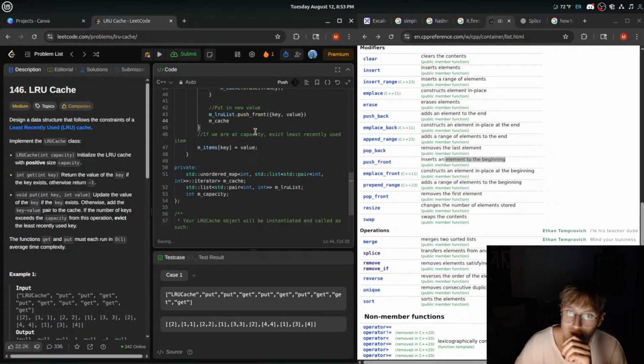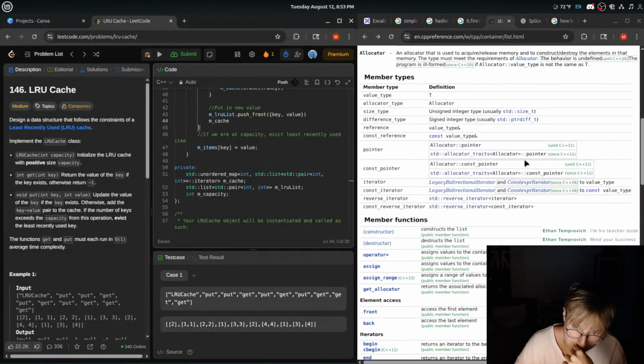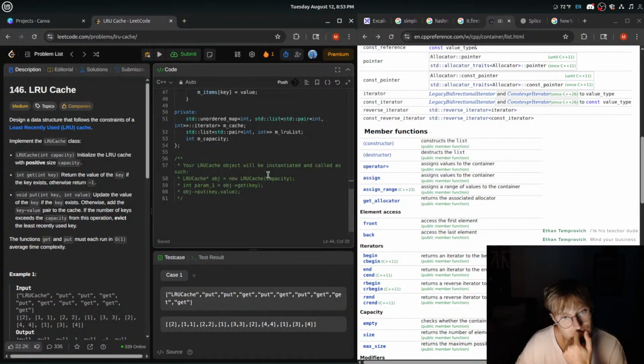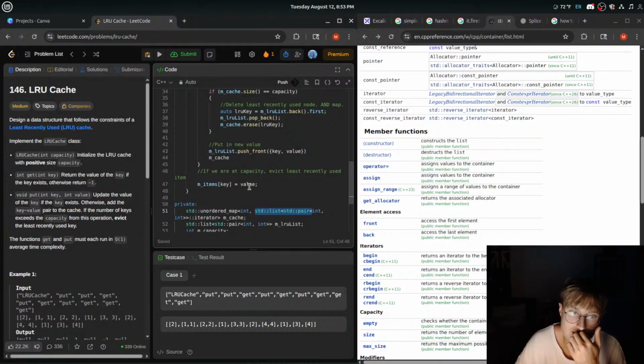I feel like we need some sort of... I feel like maybe I'm overthinking it, but it's throwing me off because of the pair here. Cache key is equal to